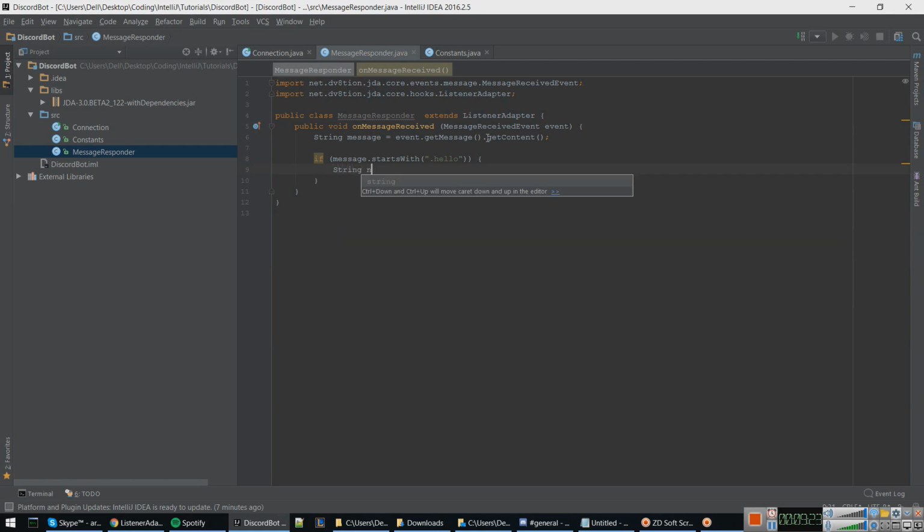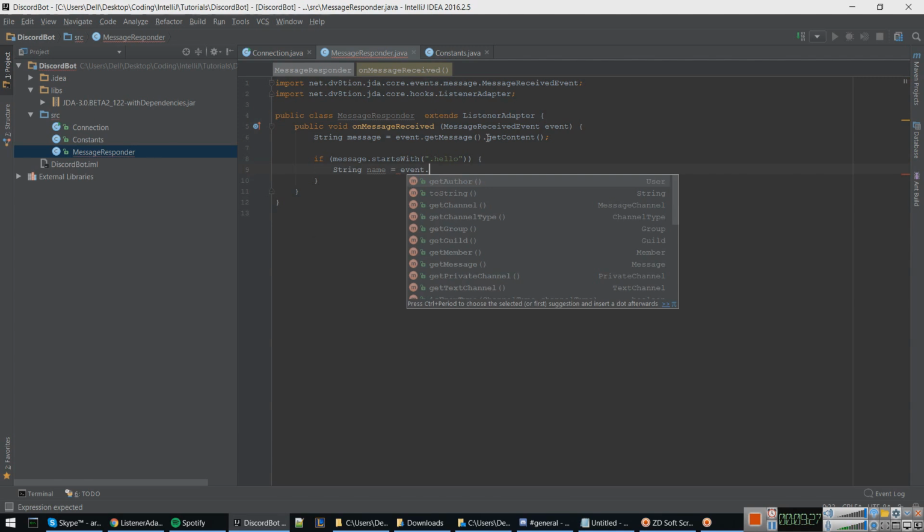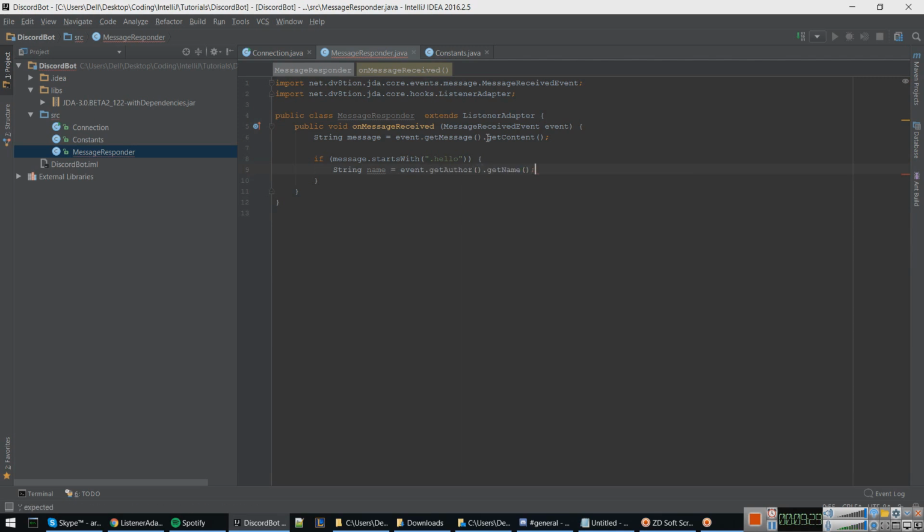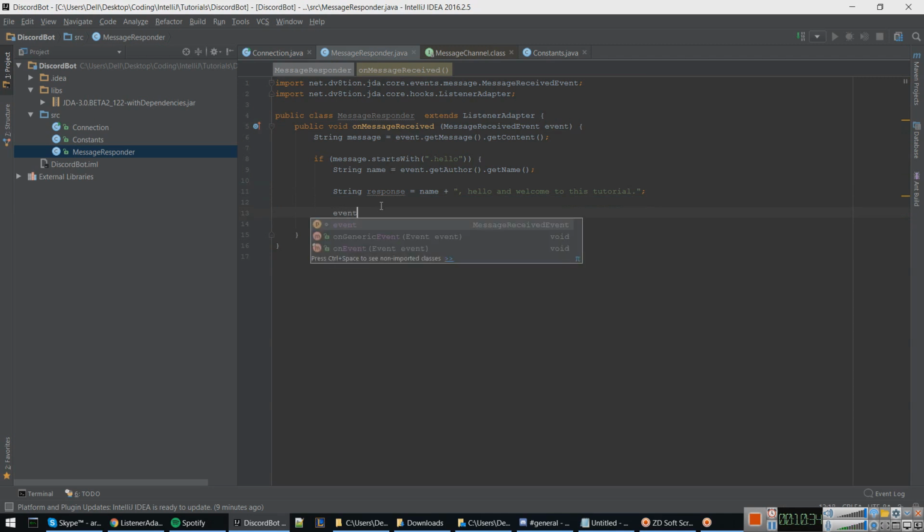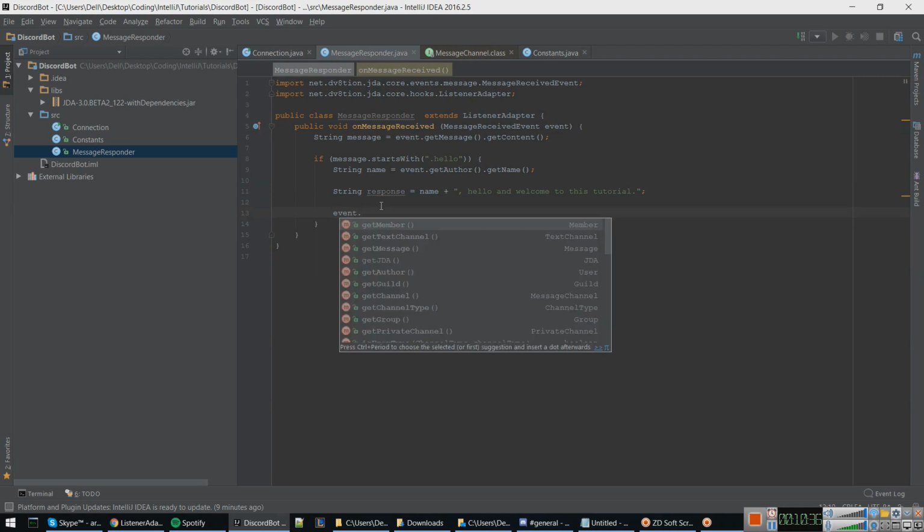Let's get the username now. Set it equal to event.getAuthor.getName, and we'll create our message response back. Set it equal to name plus hello and welcome to this tutorial. So now you want the bot to respond to the actual user. So what you do is type